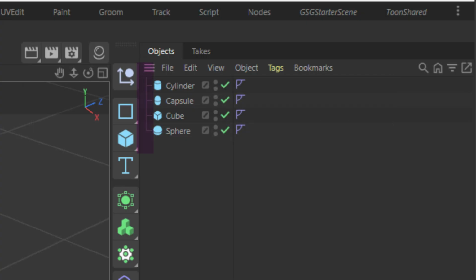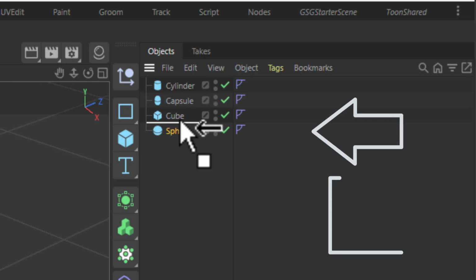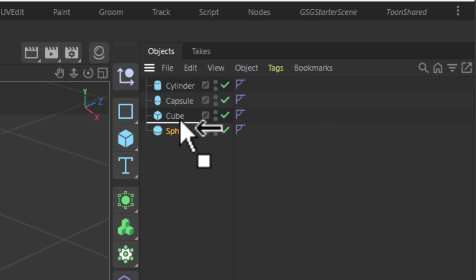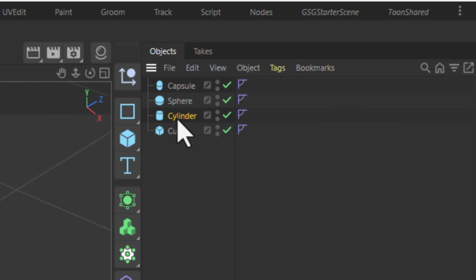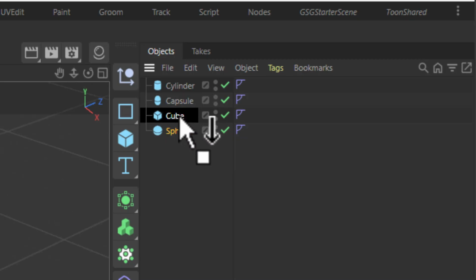Imagine this connecting line is a tree branch, and they are all being connected to one main big branch, the Objects Manager. But you can branch out. If you click and begin dragging any one of these objects, you will notice an icon on your cursor of an arrow with a little square. If the arrow is facing left, you are moving this object up and down in the object's list order. If the arrow is facing down, you are putting the object underneath the one that your cursor is currently on